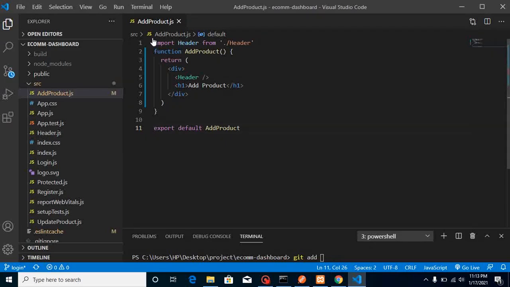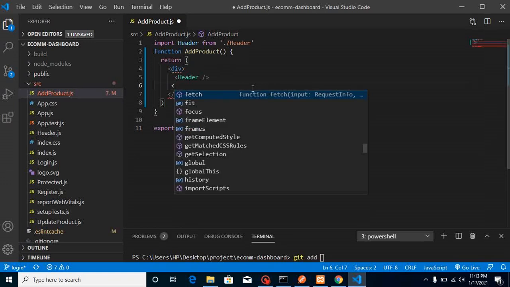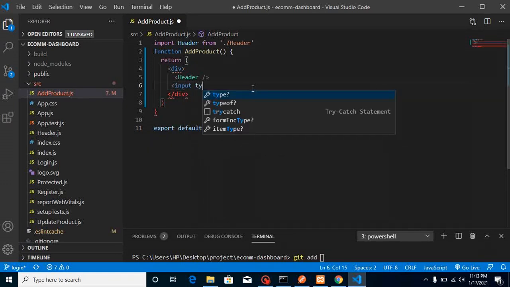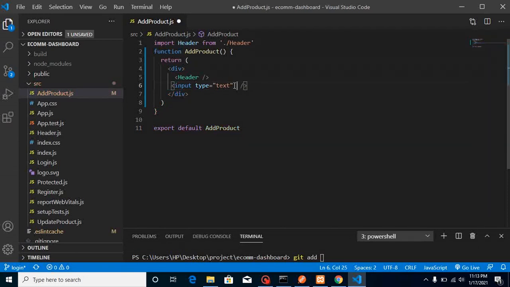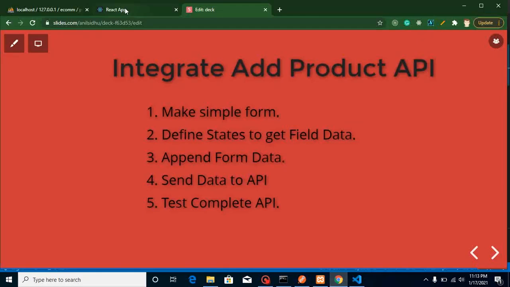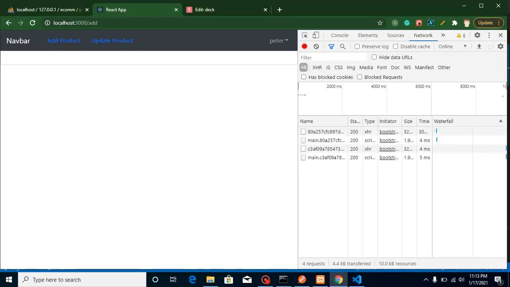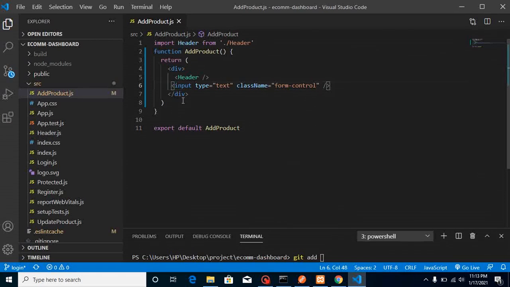So let's jump to the add product page. I'm just going to define here simply a form field like input, type will be text, and let's close it. After that we can define our class name, let's say form control, and here you can see the output. This is actually grabbing the complete width of our page, so I don't want to make a style like this. So let me just add